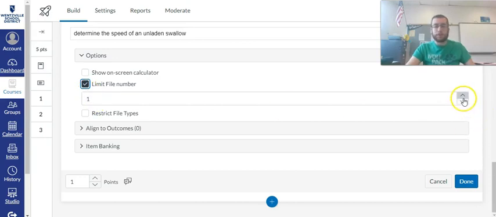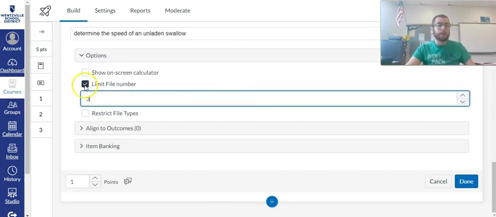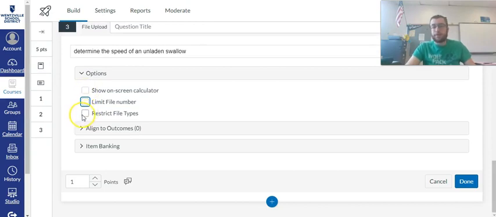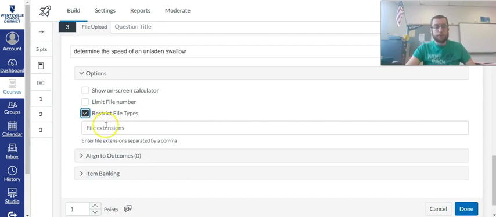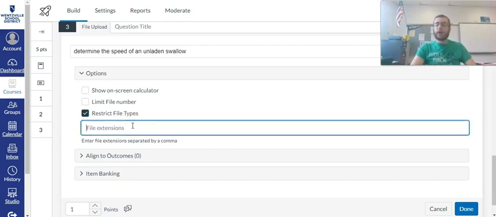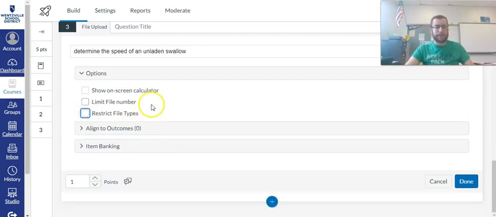Do you want them to just upload one single thing? 2, 3? If you leave this unchecked, they can upload as much stuff as they want. Realistically, there's probably not a reason to check that unless you're looking for something specific. Restrict file types, so they can only upload certain things, just like on the online submission for assignments. You can limit and say, I only want them to submit JPEGs or something like that. So any kind of file they try to upload that is not a JPEG is not going to work. Usually Canvas is pretty good though about being able to see all the different file types, so I usually leave that off. And then again, align outcomes, item banking, point values,